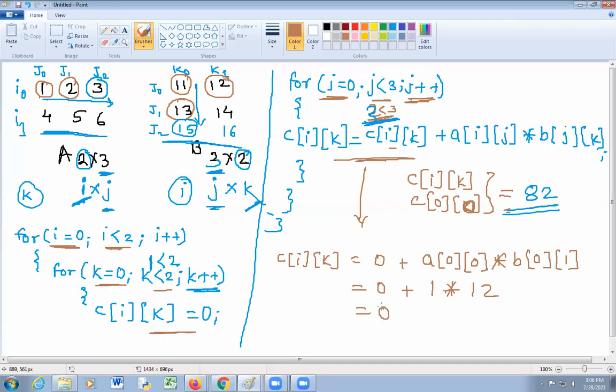So here you will get 0 plus 12, which is equal to 12. C of 0 1, value of k is now 1. C of 0 1 is equal to 12. So I will write here C of 0 1, which is equal to 12.